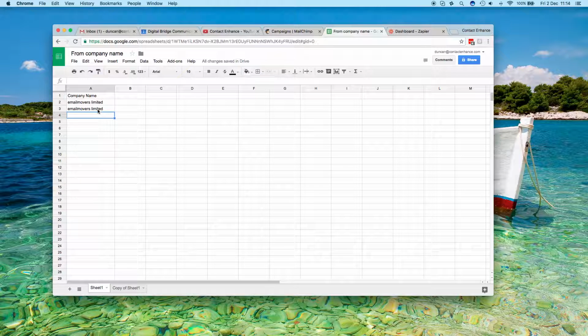If you're going to do this, it's really important to use the word limited if it's a limited company, or PLC if it's a public limited company. There's no fuzzy logic behind the name, so make sure that the name is spelt as you think the company would be spelling the name. So Email Movers, it's not email dash movers or email space movers or email space movers space limited. It is Email Movers Limited. That's really important when this query is running. If there's any difference, it won't work. It's not case sensitive, however, it is looking at the spaces and the characters you put in,